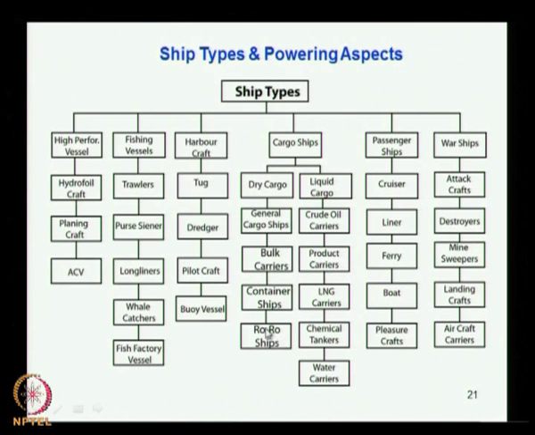Ro-ro ships are roll on roll off ships, that is the cargo is rolled on and rolled off. There is no crane required. These vessels are used for transport of cars, vehicles, locomotives and all that. If you look at the picture, the space requirement is much more compared to the weight, because the freeboard of the vessel, that is the above water portion, is much higher. So the wind resistance will be more for this type of vessel. The same thing for container ships also.